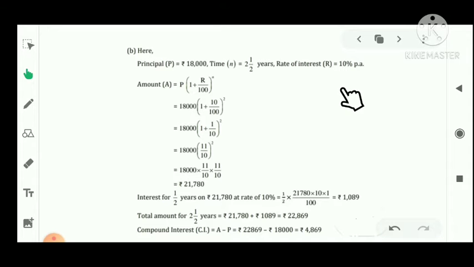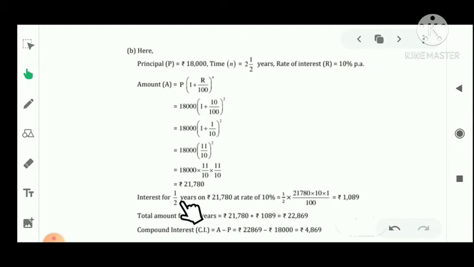So let's see the formula of amount. Amount is equal to P(1 + R/100)^n. Students, let's see the time. Time is given here as 2 whole 1 upon 2. Firstly, I will solve only for 2 years. I forget about the 1 upon 2 for now. So n's value will be 2, and put the R's value and also the P's value. After solving it, this is the amount for 2 years, that is